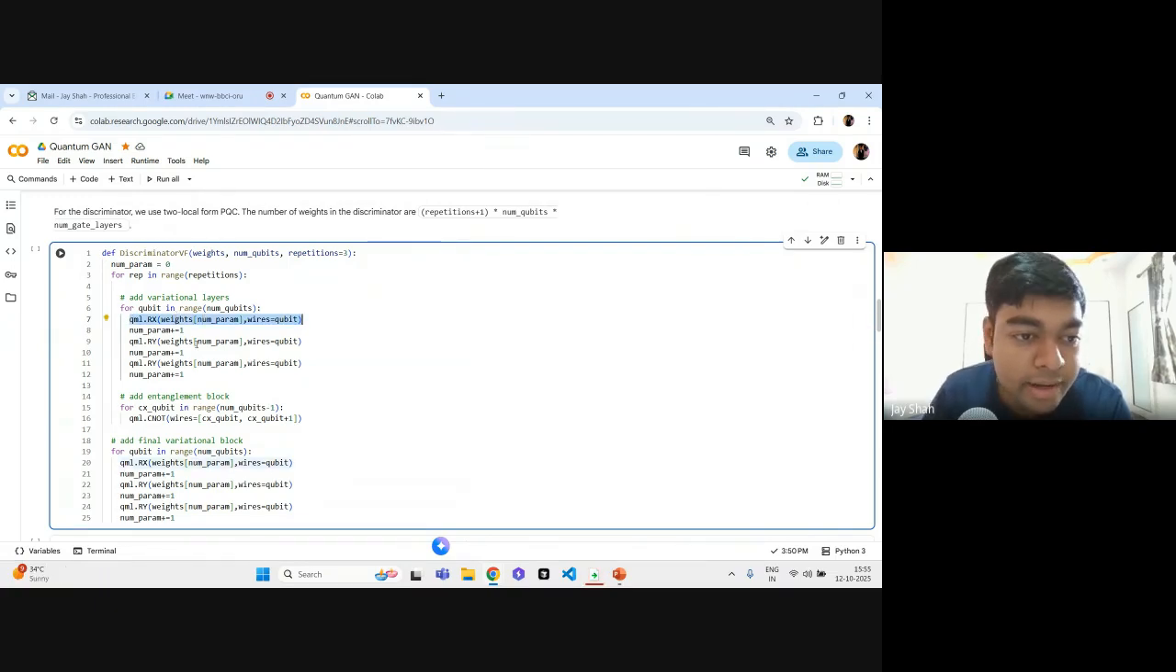It's just qml.RX, which just applies the RX gate. And for the value of theta, you're just applying the weights, indexed by num_param. Weights, again, is the input that the function is getting. The number of param is the index of a particular weight, and that's the reason we are incrementing num_param here. For the first layer, you will apply this because we are in the for loop for layers, right? So we will first apply the